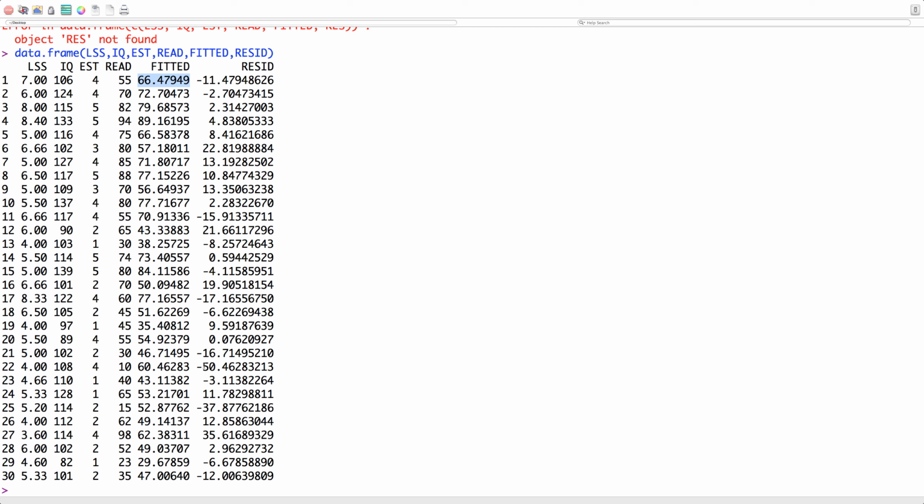I like to look at the residuals, any residuals that seem to be unusually high or unusually low. For example, this one kind of concerns me. This student had a reading level of 10, yet our model predicted this person's reading level to be 60. If this was a data set that I was truly interested in from an academic perspective, I would suspect that may be a typo. And I think that would be something I would want to investigate. If it's not,